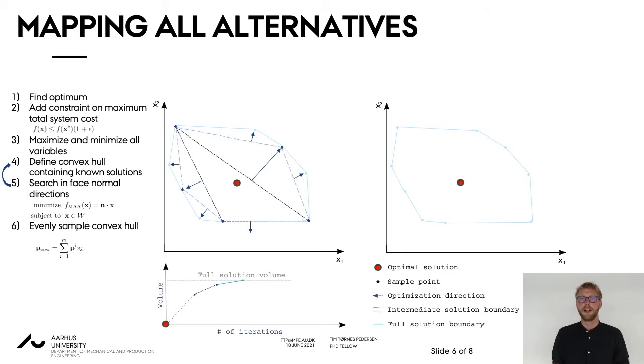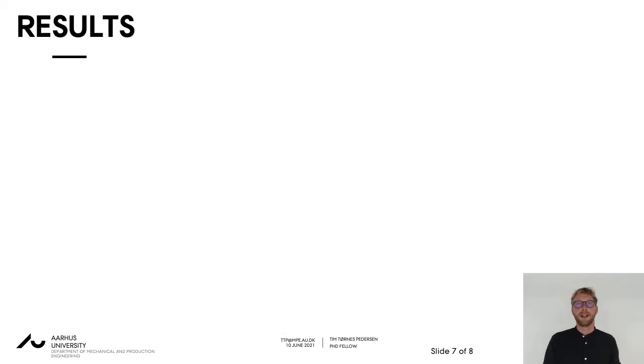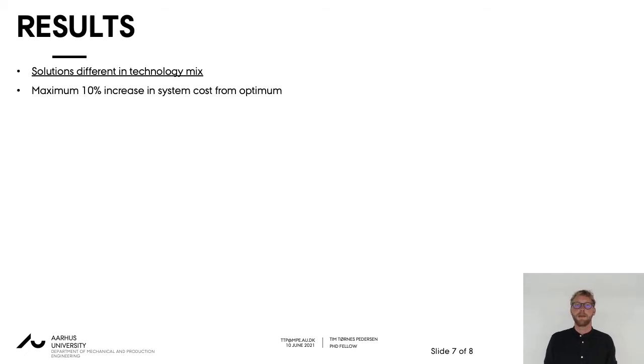And fortunately, it's very computationally efficient to draw samples inside such a convex hull as this one, and therefore we can obtain a lot of samples very fast. What we have been interested in this work is to look at solutions that are different in terms of their technology mix implemented. We did that by allowing the near-optimal solutions to deviate with 10% from the optimum in terms of total system cost, and we then used the mapping all alternatives method to sample 500,000 of these near-optimal model